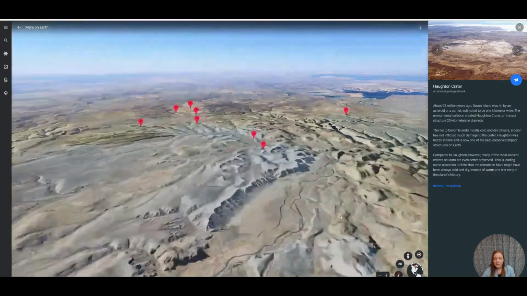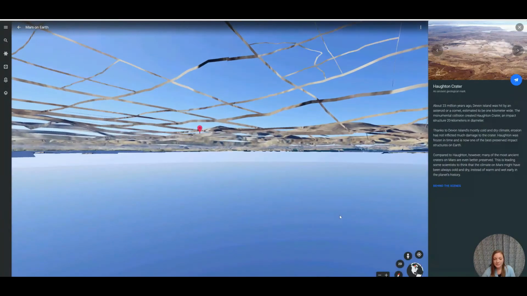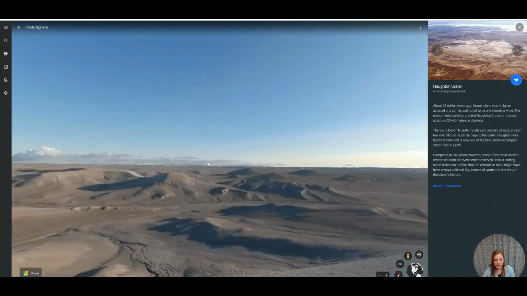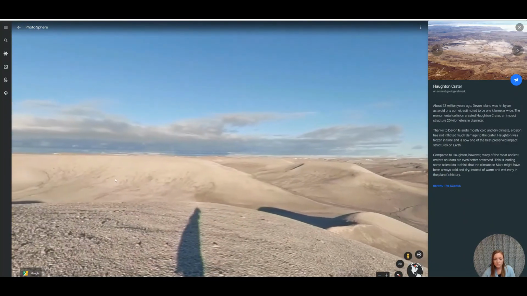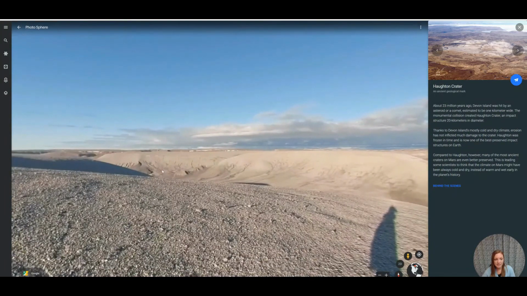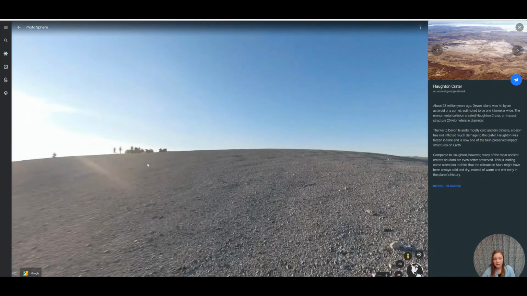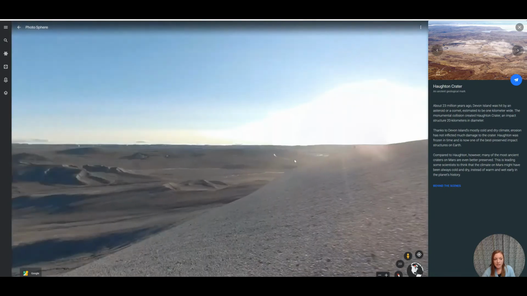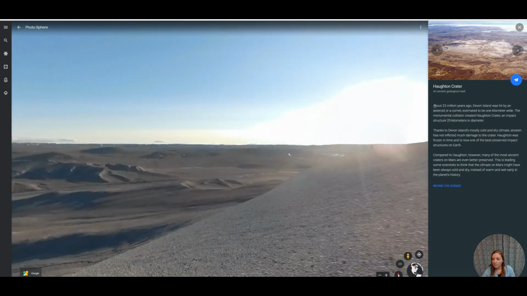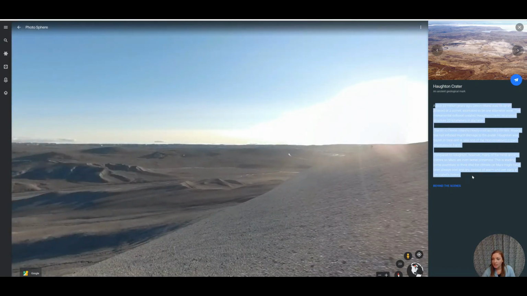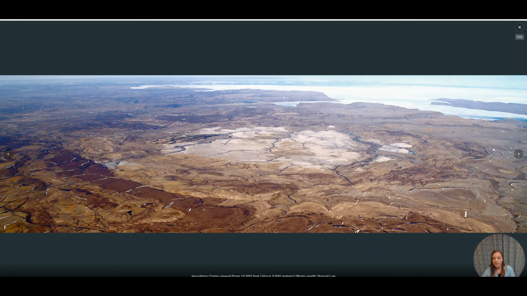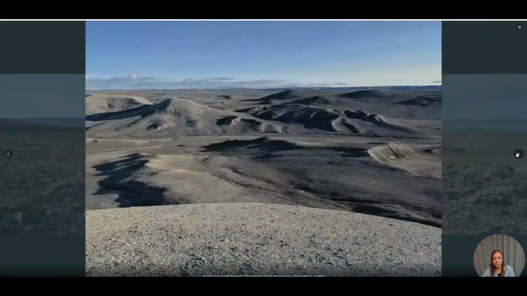It is going to take me directly into that location as if I am there myself, where I then can move around the scene and see this 3D image of the location. I can read more about this particular area, which is the Houghton Crater. And if I want to see some more images of this one, I can click on the top right corner where I see the picture, and I can arrow through a series of